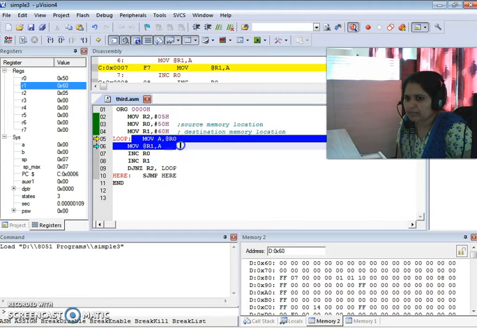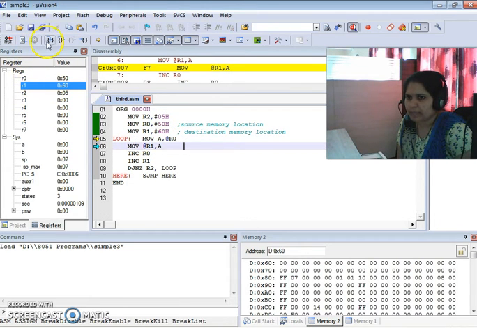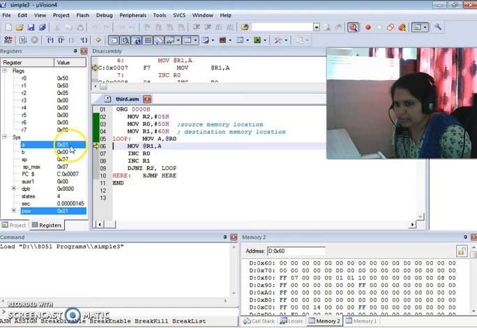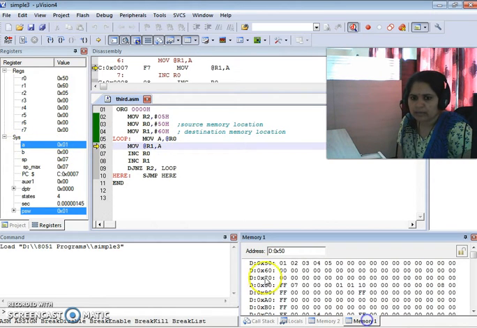Okay. Now what happens? See it carefully. The meaning of these two instructions is that the content of the memory location whose address is pointed by R0 is transferred to the accumulator. Means 50H contents are transferred to the accumulator. Right now the accumulator contents are 00. Once I execute this instruction, the accumulator is loaded with 01. Why 01? Because at 50H memory location, the first content is 01, and that content is now available in the accumulator.